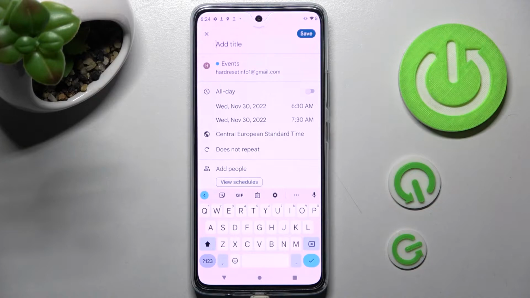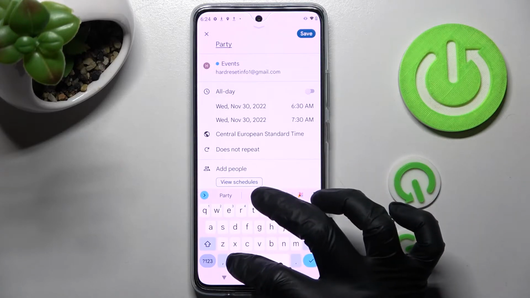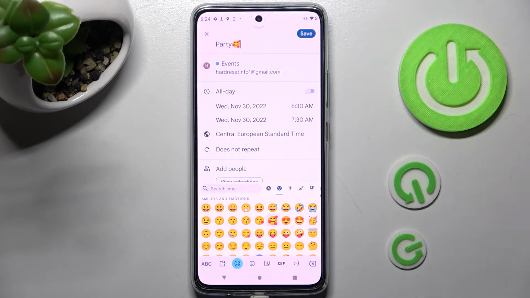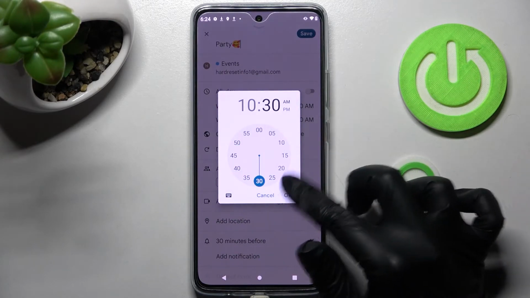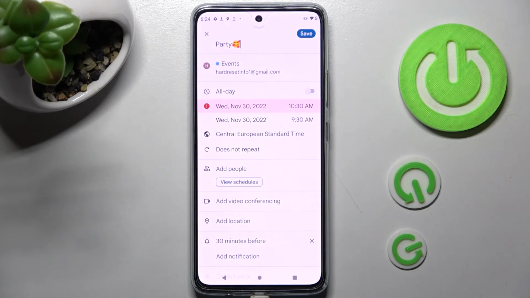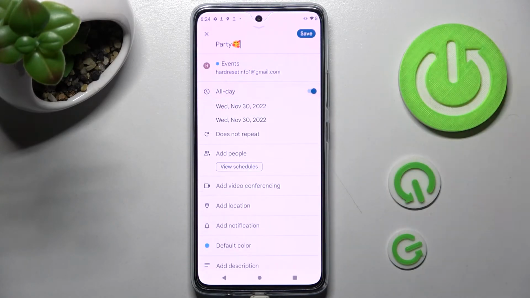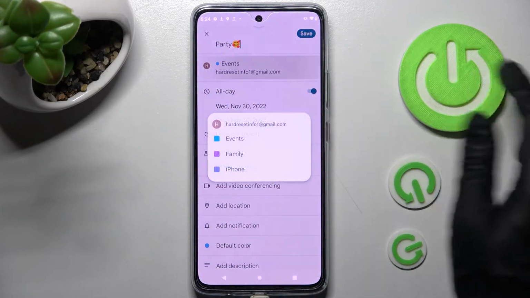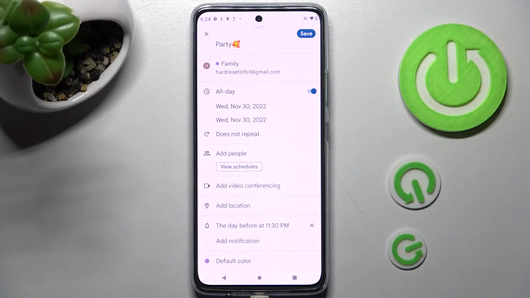Either way, from here you can adjust it however you want to. For example, add a title to it. Now you can pick starting hour, save it by choosing OK, and also ending one. If you don't want to do that, just click on this switcher next to all day to disable this option completely. Then choose your email, tap on one of those options, I will go with family events, and click on